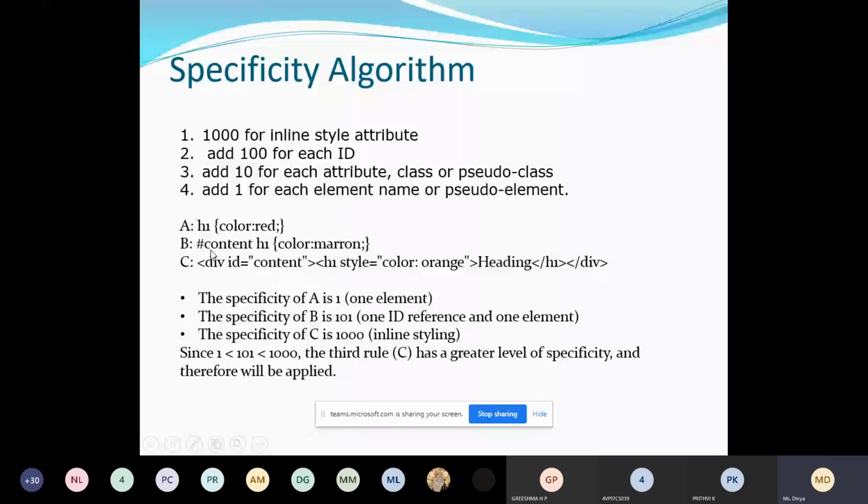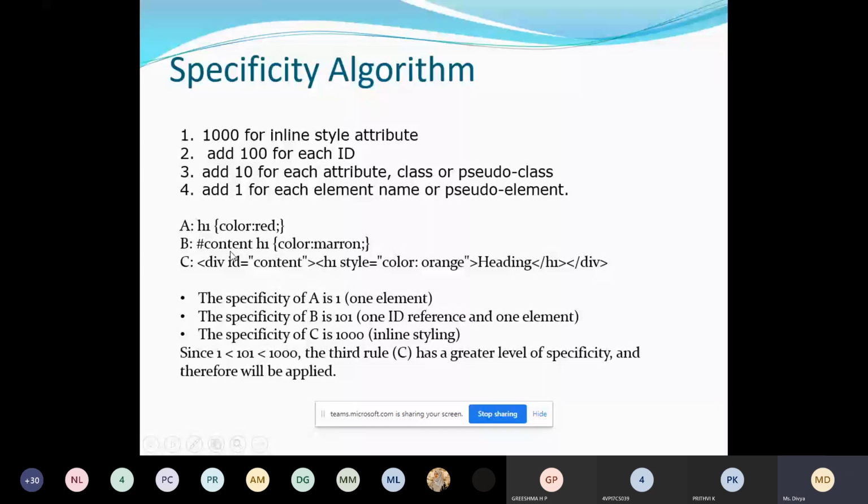Similarly, in B, I have an ID selector and an element selector. I have combined two selectors here. Like this also you can write; this is one way of giving the style where you specify multiple selectors.